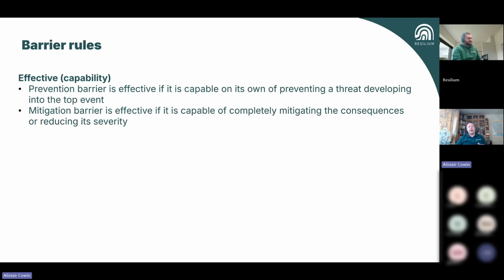If it's on the left hand side, the prevention barrier, and if it's on the right hand side, it must either give us control back or have a measurable impact on the severity of the outcome. So that's what they mean by effective. And I think this is a really good challenge when you're building your bow ties. We've seen where people have 20, 30 barriers on a threat line, and you just go, either that's never going to happen, or that's not really describing the effects that we're looking for. We need to think about the effect side of it and try and group these things together to go, actually, we only have 3 barriers, they're just complex.